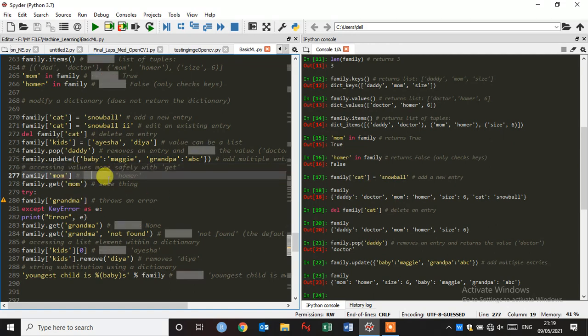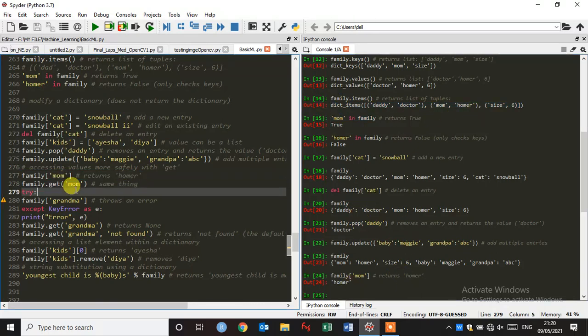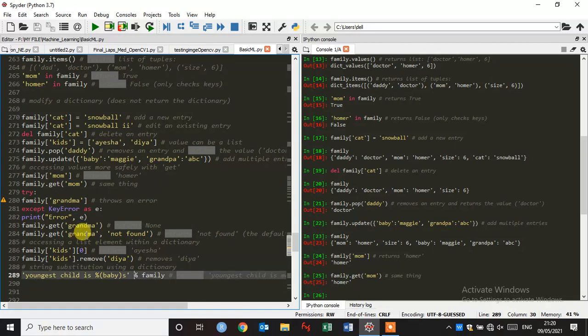Suppose I want Homer from the dictionary family. The key is mom, and let's see what happens. The key is mom and it returns Homer. And if I use family dot get, it also returns the same thing, Homer.